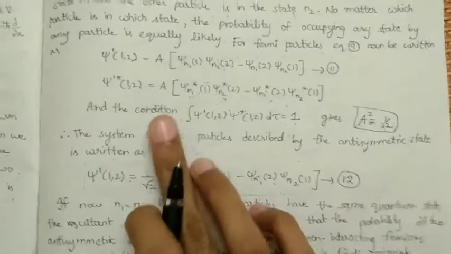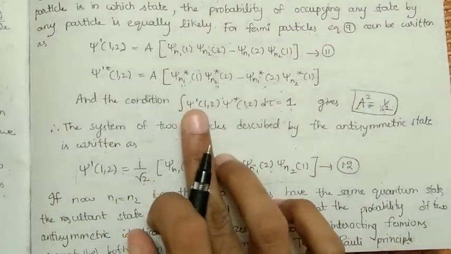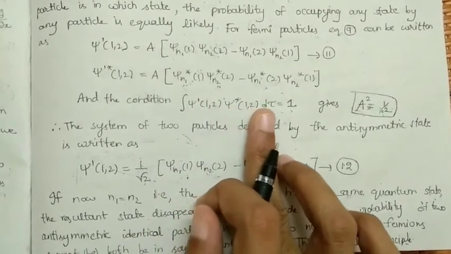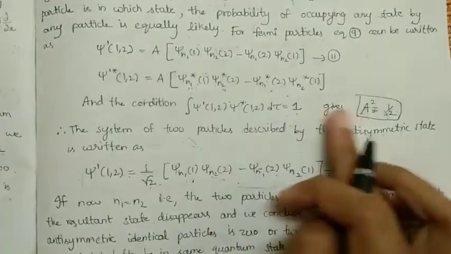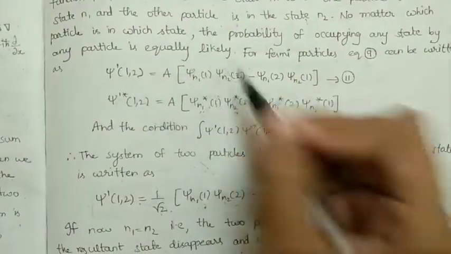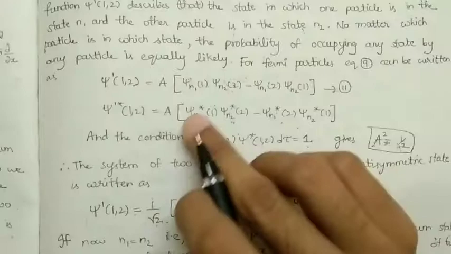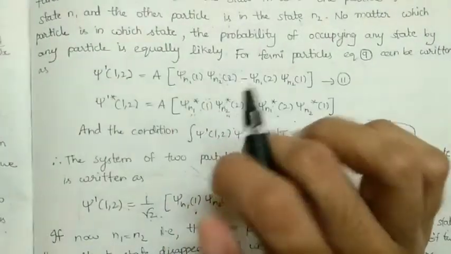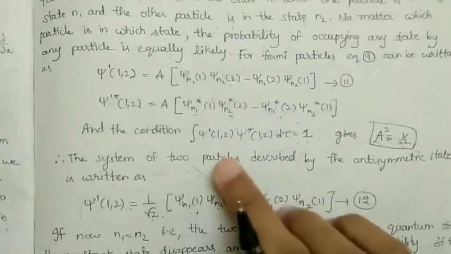So that is from taking the complex conjugate, and the normalization condition: the integration of xi dash of 1, 2 into xi star of 1, 2 d tau is equal to 1. So this condition finally gives us a square is equal to 1 by 2. That means we need to multiply both and integrate over the entire space d tau. So if you multiply, what we would get is a into a square, and this one multiplied with this one and integration d tau would give us 1,